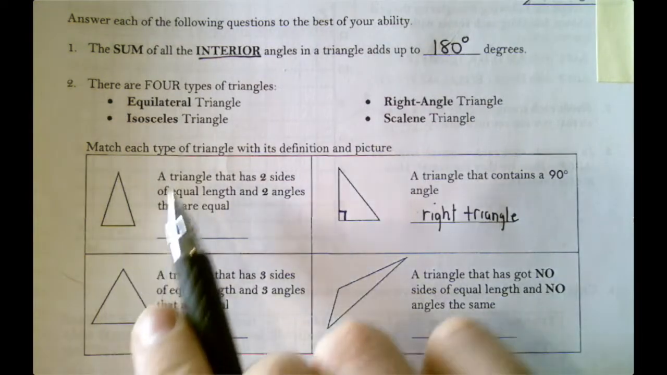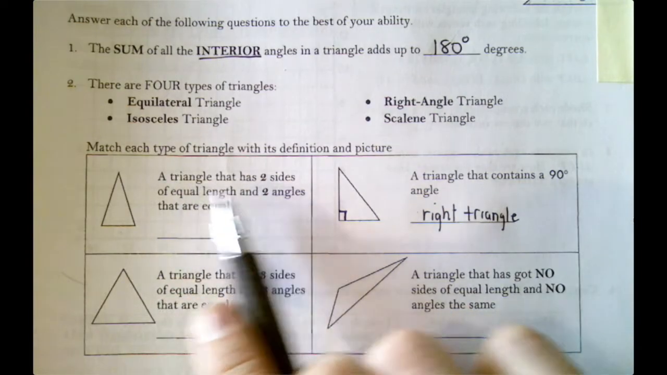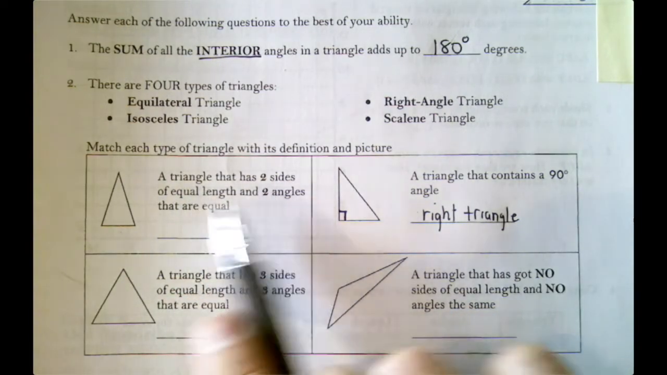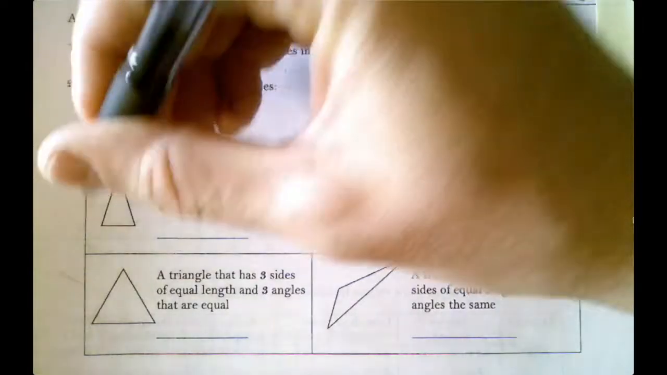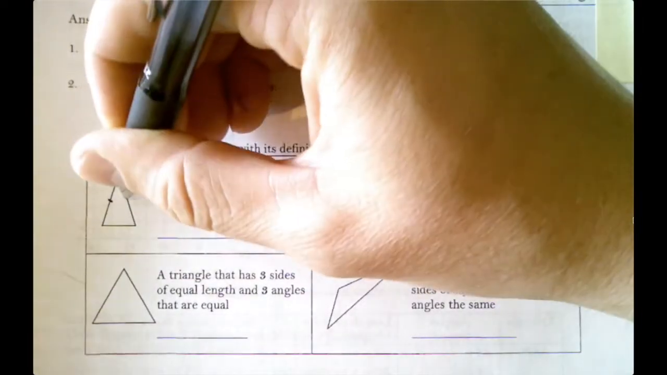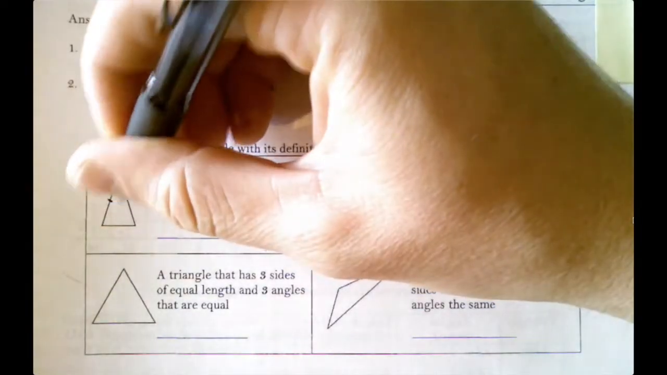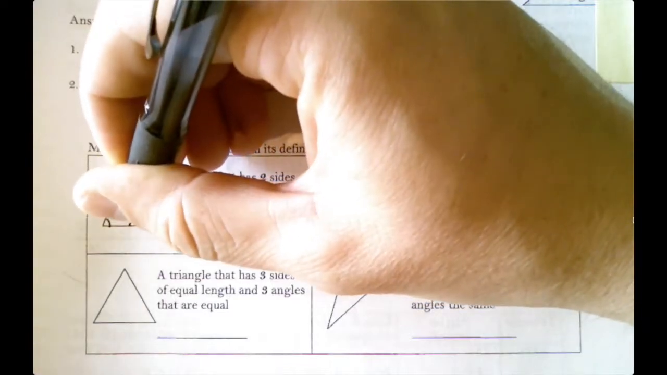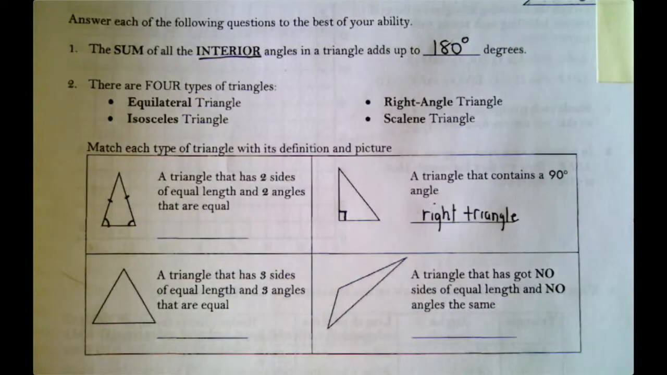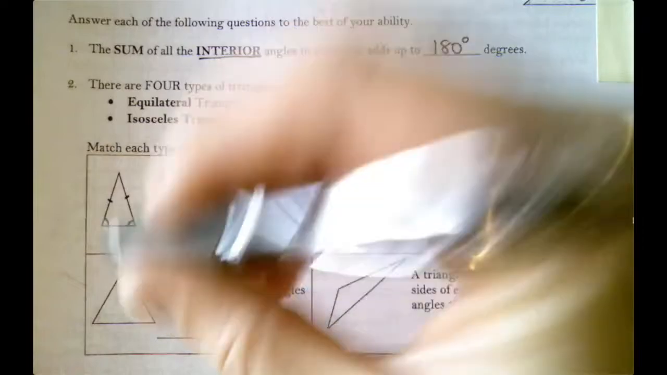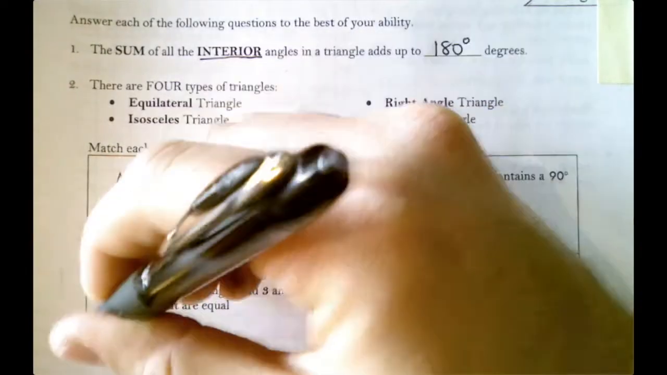This first one here says a triangle that has two sides of equal length and two angles that are equal, which means that these two sides look like the equal sides, so the angles across from the sides would be the equal angles. In this triangle, we have all three angles equal,